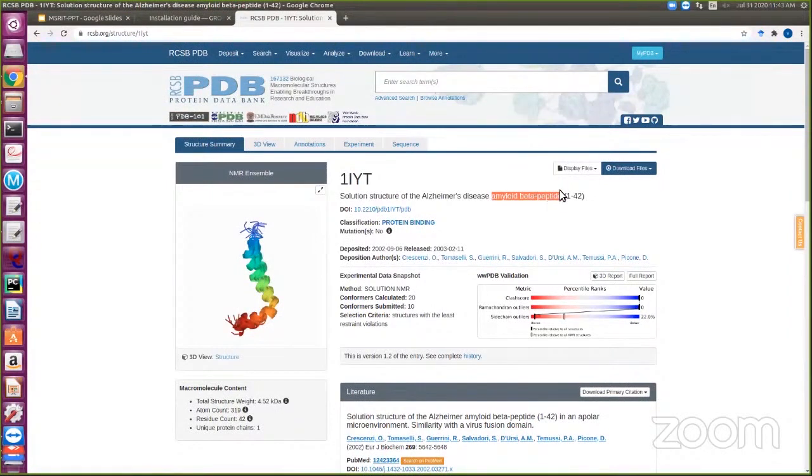So why have I selected this? To show the demo, I cannot show a bigger protein. So I just want to show some smaller protein. That's why I have selected this 42 amino acid protein. And today I'm going to perform first a 2 nanosecond simulation, and then after that, I'm going to extend to 5 nanoseconds. So I'm going to show how to perform simulation for 2 nanoseconds and how to extend 2 to 5. In the sense, an extra 3 nanoseconds I'm going to extend. I'm going to show that also.